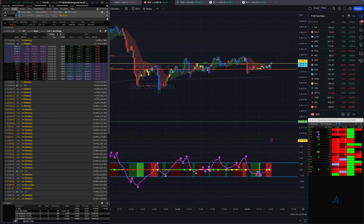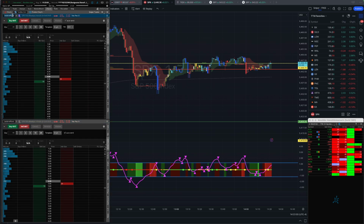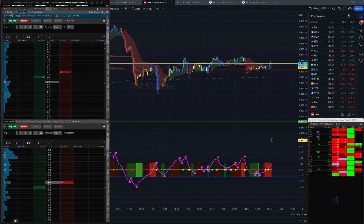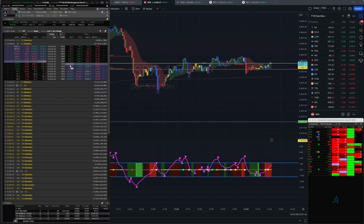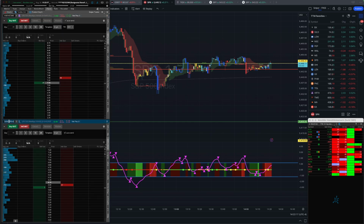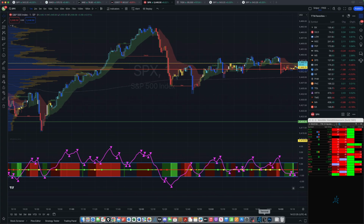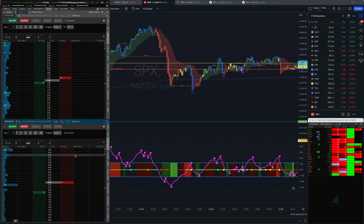Let's go to 14. And so what I'm doing is I'm grabbing typically the in the money. So I'm going to copy this, and I'm going to put it in the chart above, right? So those are my calls. And then I am copying the slightly in the money puts, and I'm putting those in the lower section. So calls are on top, puts are on the bottom, so that as I'm watching the chart, whoops, sorry about that,